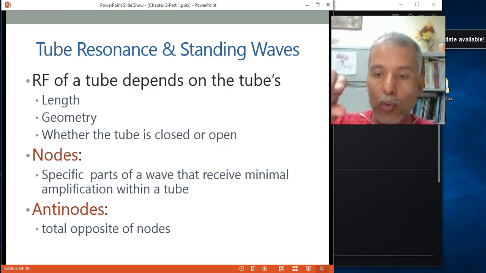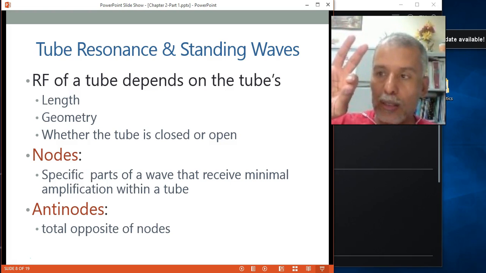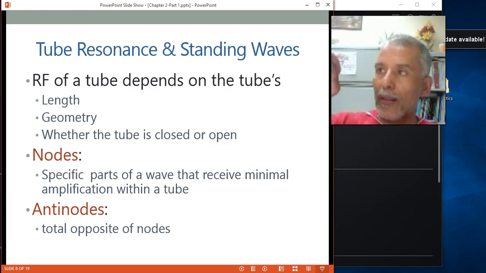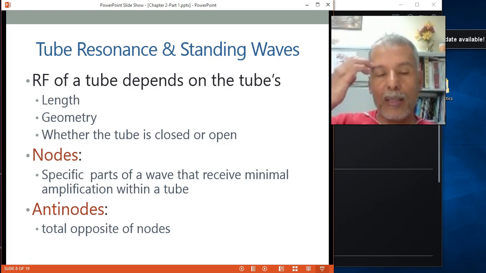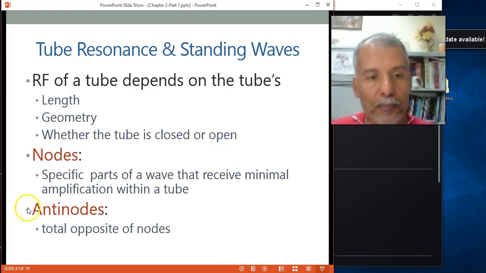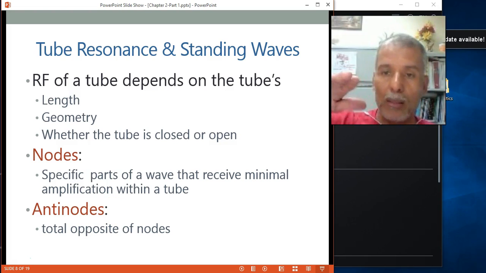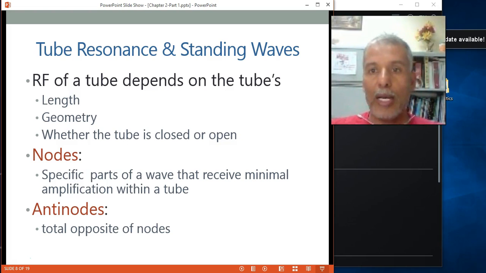In the video that you watched in class, where the area at rest, you could hold it and touch it, there is no pressure. That is rest. There's no elasticity there. And then the areas where you have the wave going like that, the compression is there and the rarefaction is also there. An antinode is the area of the maximum point of pressure, which in an open-end tube is in the center of the tube.